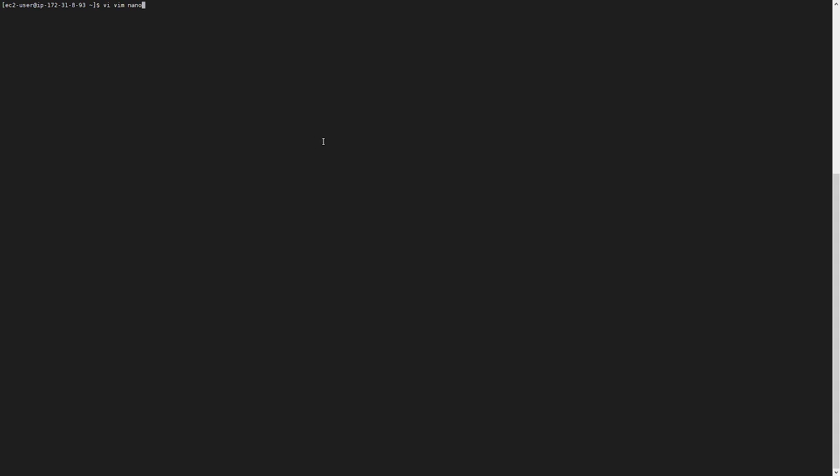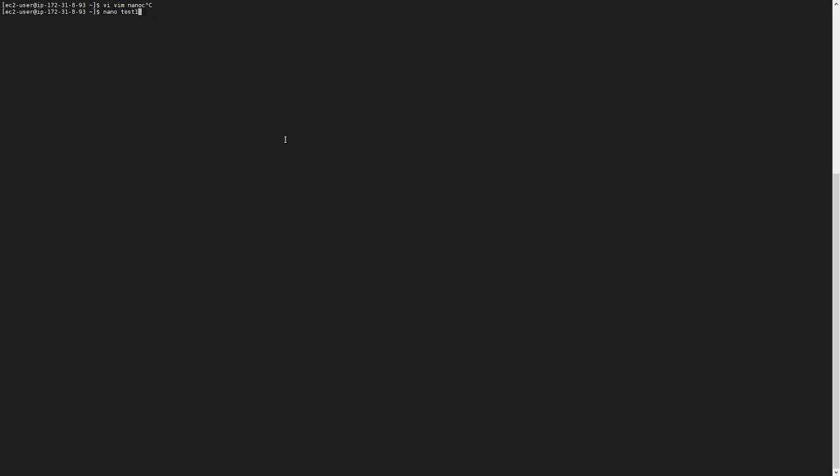Nano is probably the nicest one, easier for users, and then Vi and Vim is a more powerful text editor that's been around for a very long time. It's almost standard, installed on all Linux machines. I first started out with Nano because it was pretty easy to use. You just type in nano, and I could say, hey,